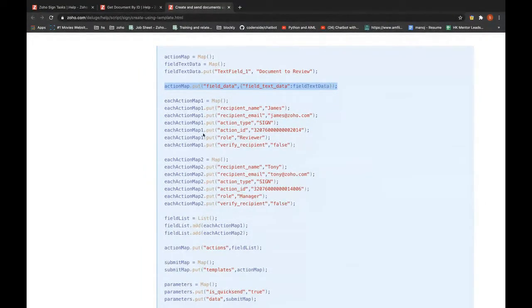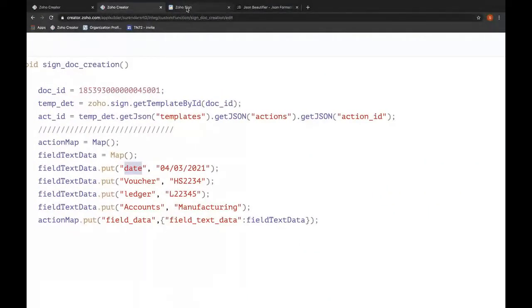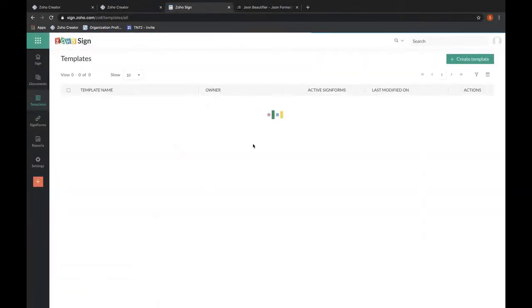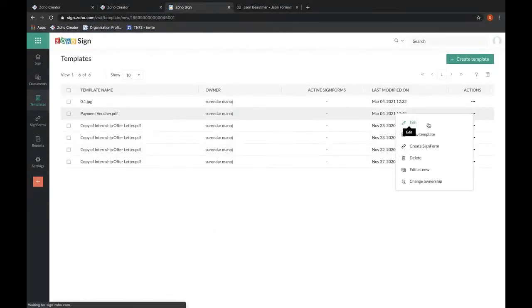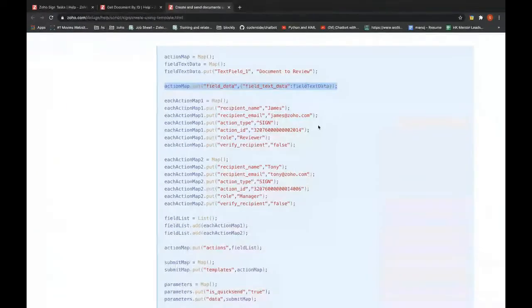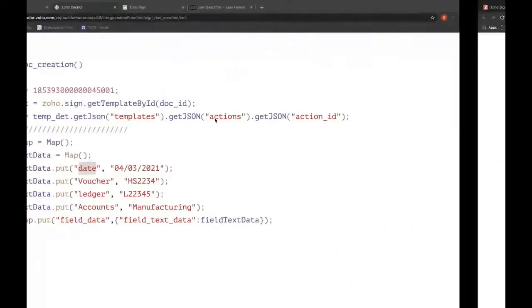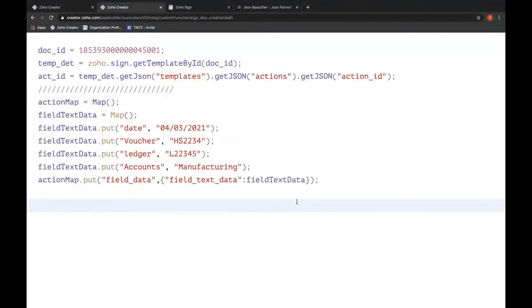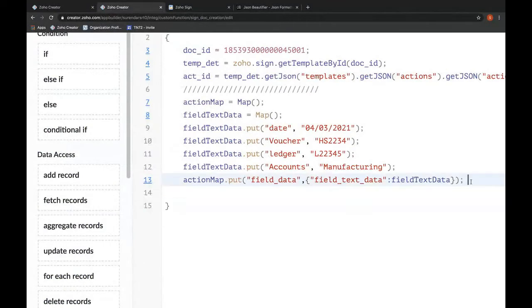So this action map is the map which will contain the details of the people who are going to be involved in the signing process. So if I go back, I edit it. You can see this add recipients, right? So this is the section where these data will be passed on to Creator as action map. Okay. Let me go ahead and copy the action map. Since we are having only one level of approval configured,